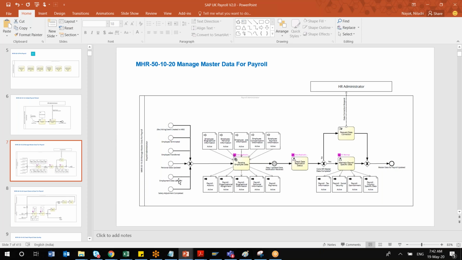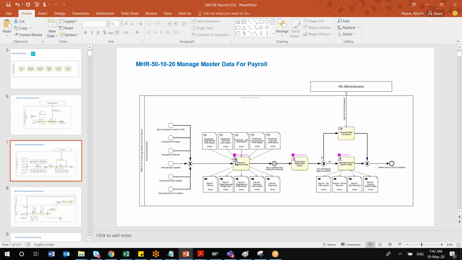Accordingly, there are different actions, and depending upon your actions, there will be certain info types, or there are different portlets in SuccessFactors Employee Central. We call it portlet. So there are different portlets you have to update accordingly. You have to replicate the data. The data replication will happen. So are you aware of data replication? What is a data replication? Data transferring from one system to another.